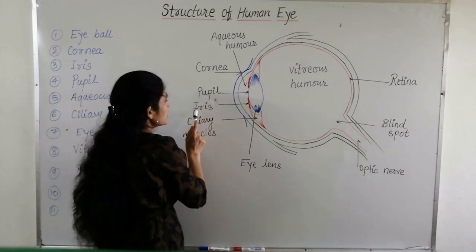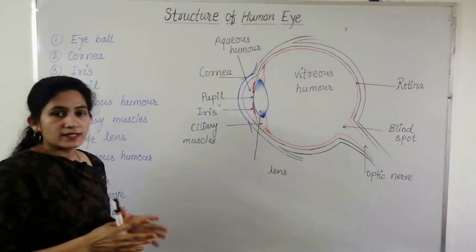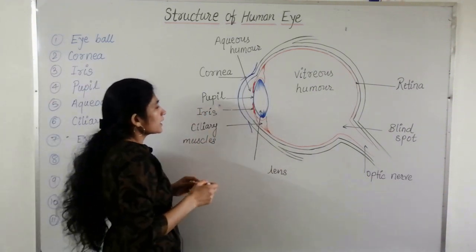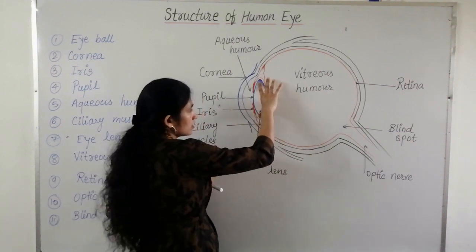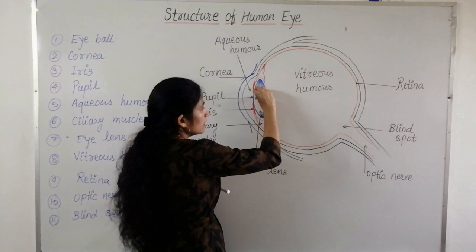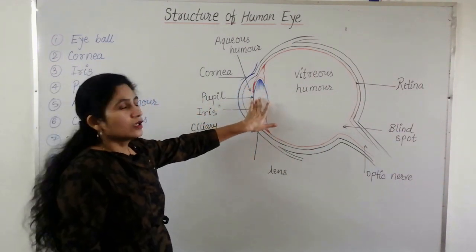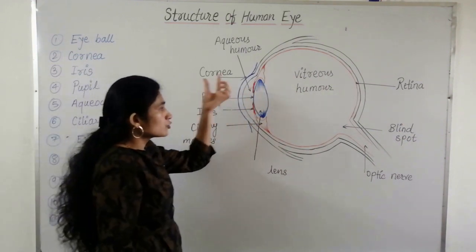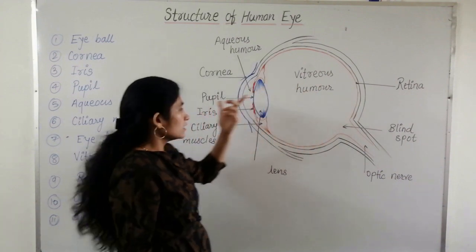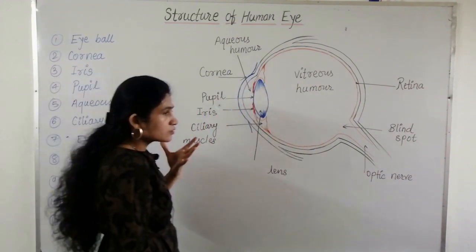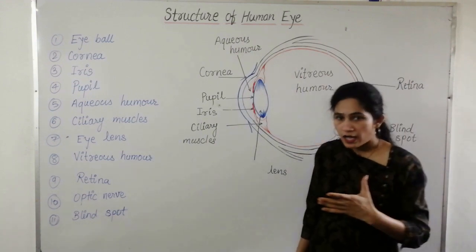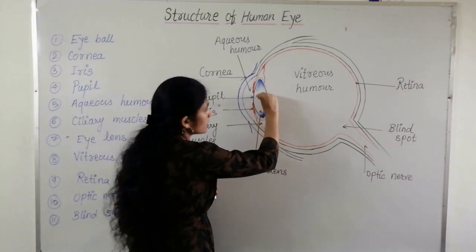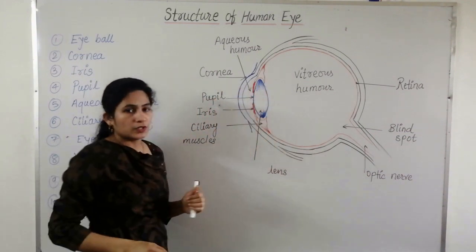The size of the pupil can be changed with the help of the iris. The iris can expand as well as contract to change the size of the pupil. For example, in bright light, the iris expands, like this, okay? It expands and reduces the size of the pupil so that in bright light, less light enters our eyes. Because if the light is bright and the intensity of light is more, then it may damage our eyes. Therefore, in bright light, the iris expands and reduces the size of the pupil.